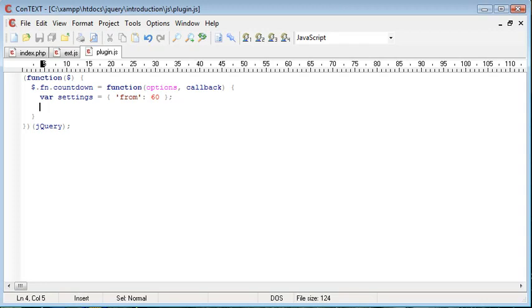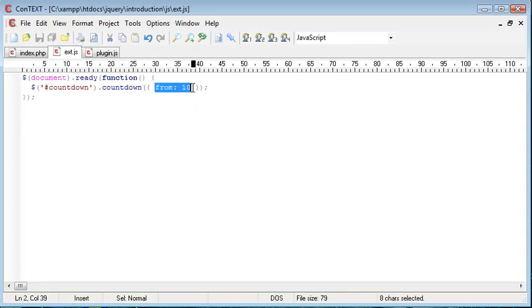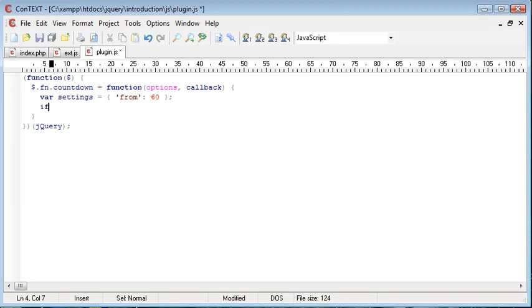What I then want to do is check if a user has provided these options. Now this settings here is not to be confused with the options set, but what we want to do is combine them if options have been provided, i.e. if the user has typed in here. So I'm going to say if options, and the block that we want to run if options are available is we want to extend settings